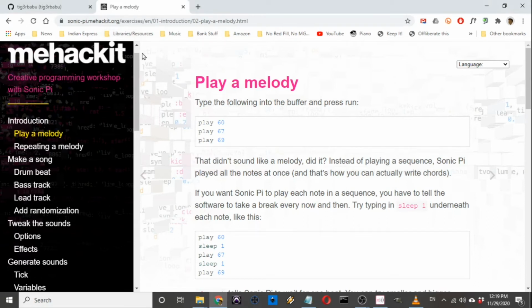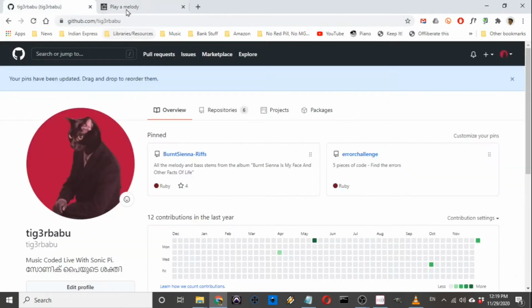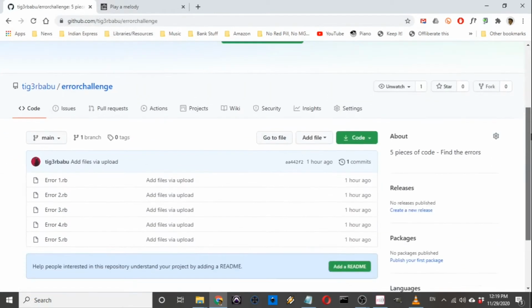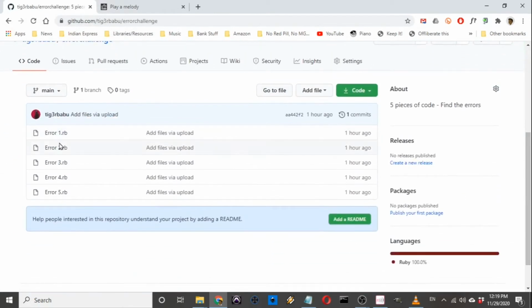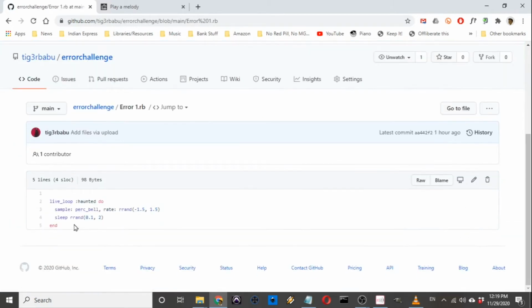Now, coming back to the error challenge. If you go to my GitHub, which you can find through the link in my bio on my Instagram, it's there in the link tree, you will see a thing here called the error challenge, okay? And in it, there are 5 pieces of code, and if you click any one of them, you can just copy paste this code.